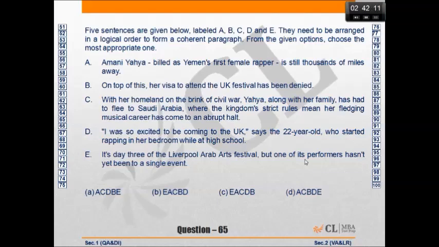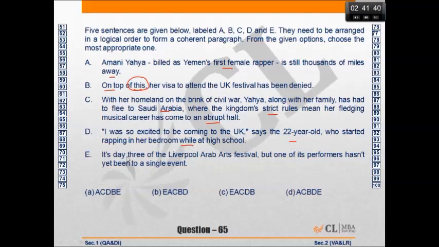Third question, third again a parajumble. Amani Yahya, billed as Yemen's first female rapper, is still thousands of miles away. On top of this, her visa to attend UK festival has been denied. With the homeland on the brink of war, Yahya, along with her family, has to flee to Saudi Arabia, where the kingdom's strict rules mean her fledgling music career has come to an abrupt halt. I was so excited to be coming to UK, says the 22-year-old who started rapping in her bedroom while still